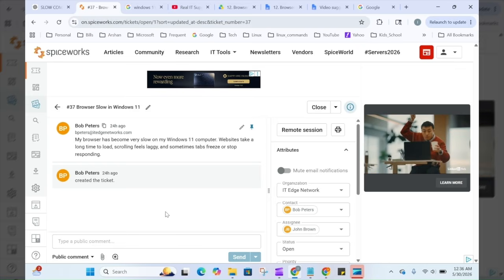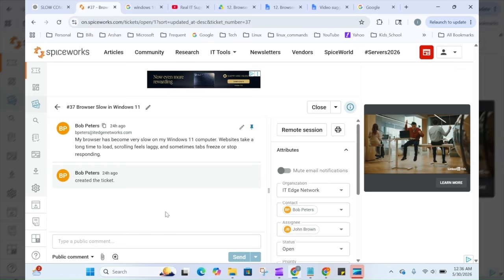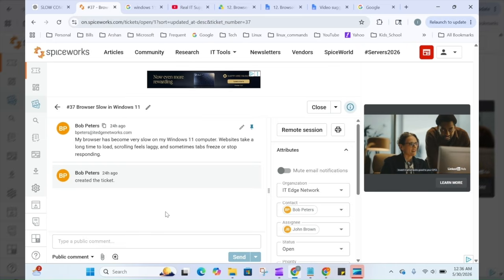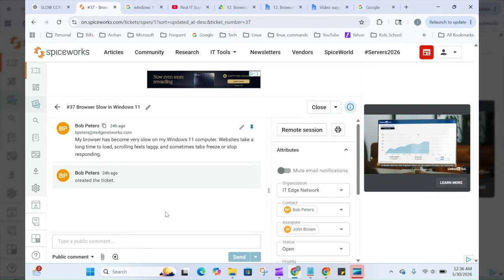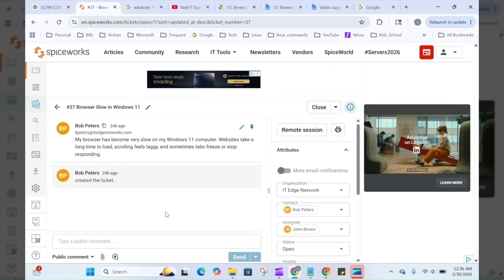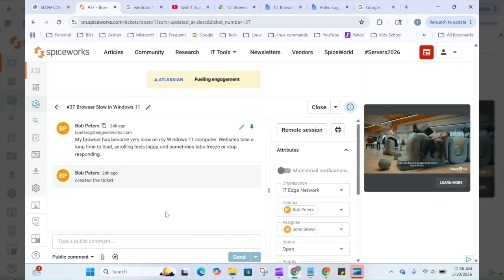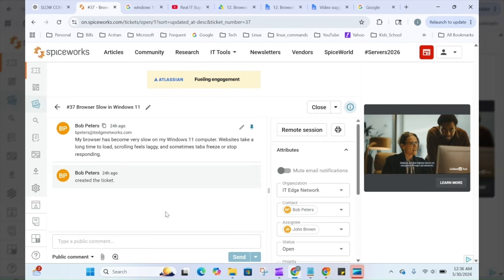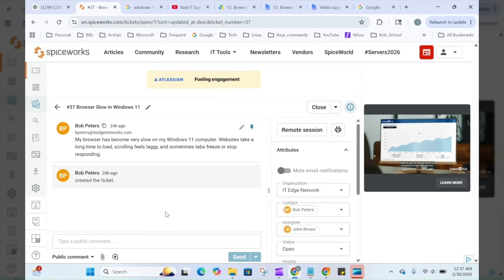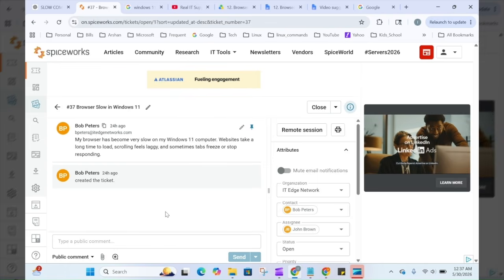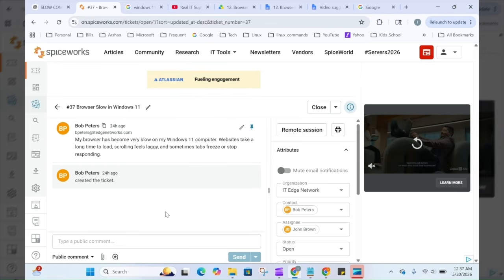If you have multiple websites which are media heavy, for example, you have YouTube playing, and then also have Netflix playing or something, and then another one you have Microsoft Adobe that you're working on, it can slow down your browser performance. So those are the things you have to watch out for. Too many open tabs, like I said, especially video or media heavy websites, can reduce browser responsiveness